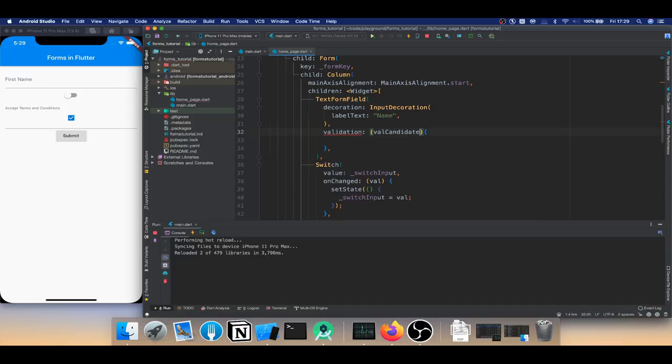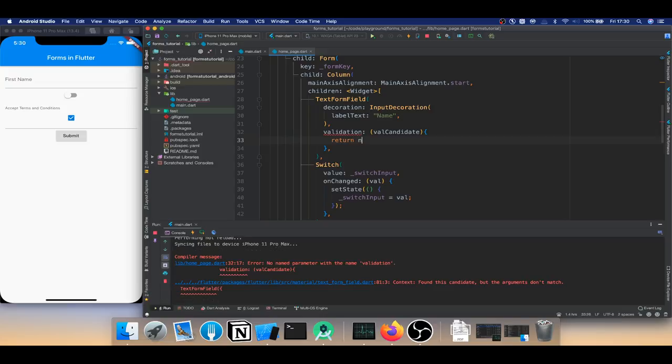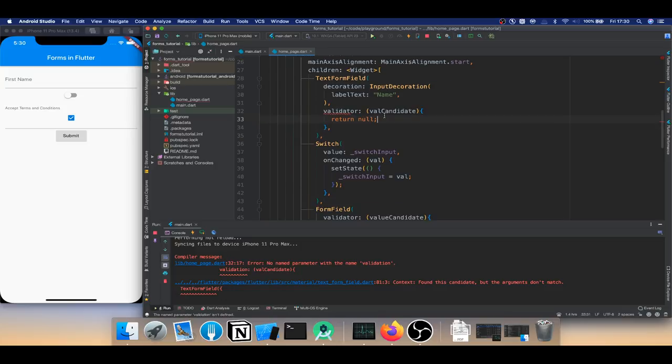So let's say we want this user not to have an empty field for a name. So what we'll do, number one, we will return null just to make sure that, oh sorry, it's validator, not validation. So number one, we may want to check if the user has entered